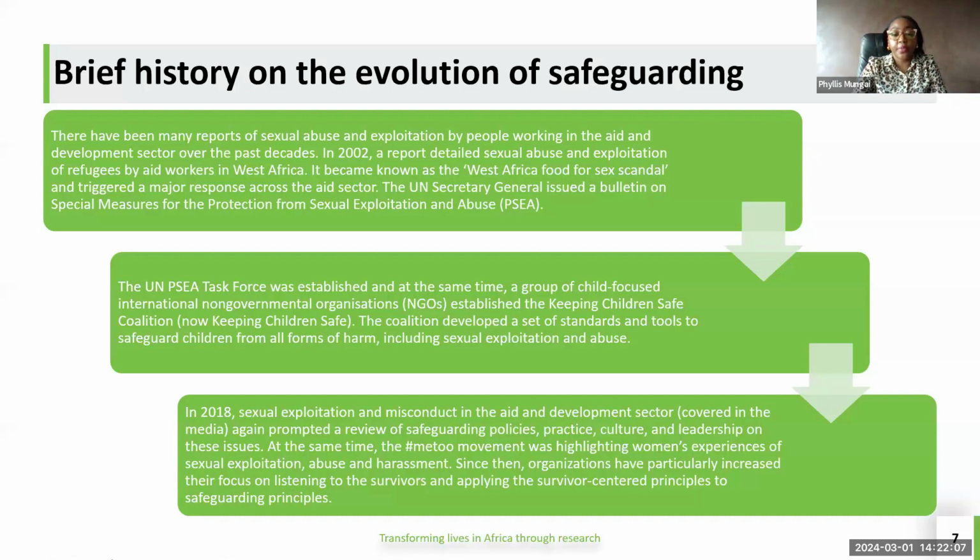Another thing that I should mention regarding the Me Too movement and the last scandal that happened in 2018 is that a lot of funding organizations and governments became very strict on who they're giving their money to, because it's not about what you're doing to help the population or whatever it is your mission and vision is for your organization. You also have to look at how you're doing it. So that became very crucial. And for most donors, for most governments,